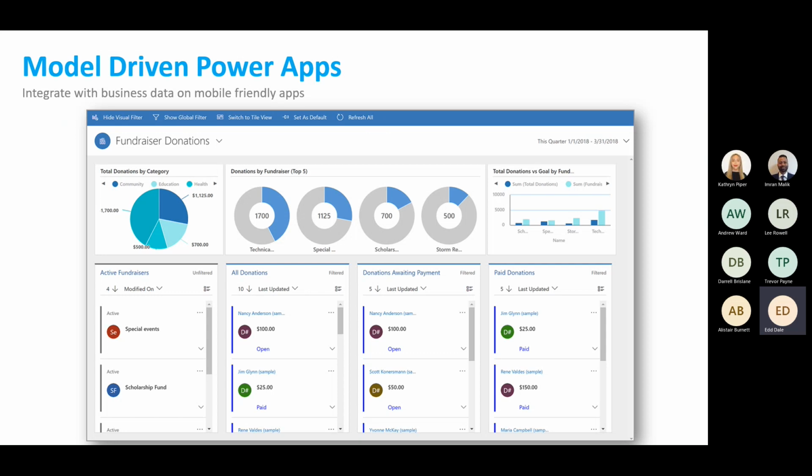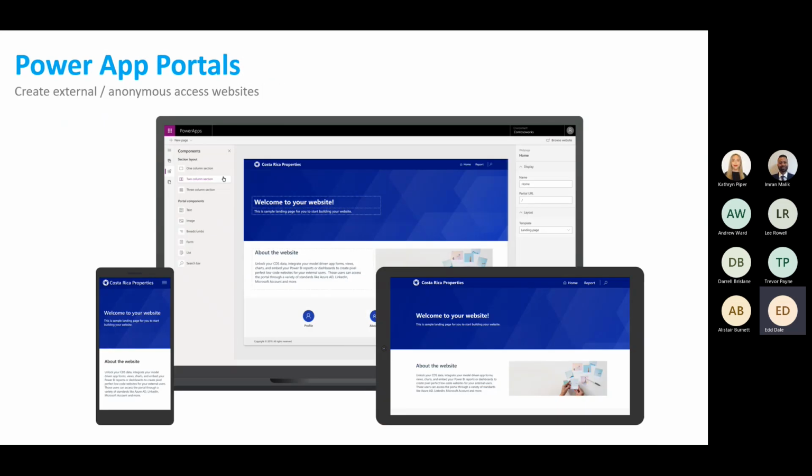The other type of application that you get available to you within Plan 2 is Power App portals. Now, Power App portals allow organizations to create websites which can be shared with external users, either anonymously or through a login provider of their choice, like LinkedIn or their Microsoft account, Twitter or Facebook or other commercial providers.